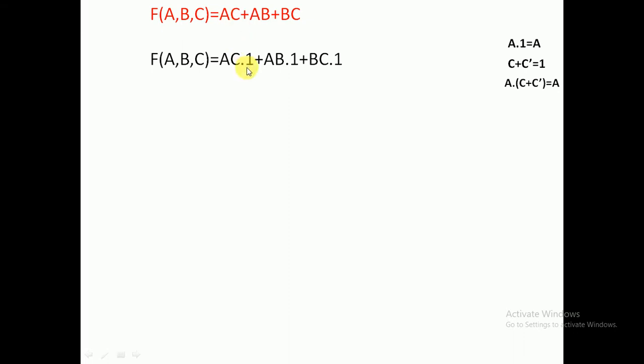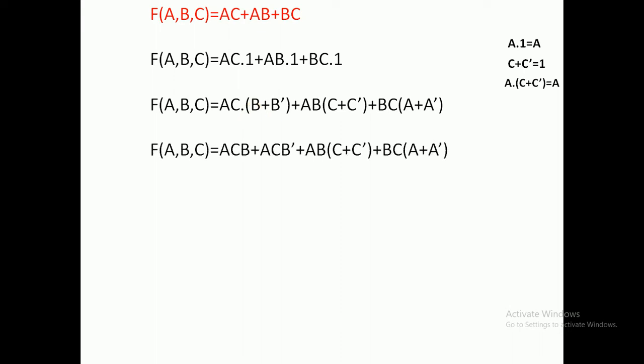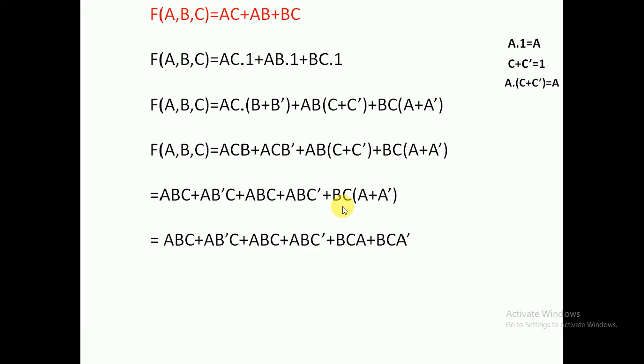But the 1 can be replaced by the signal according to the Boolean function b plus b dash. Just replace c plus c dash. You have to replace the corresponding signal, whatever is missing in your term. After that apply the distributive law, going step by step for each term, and finally you identify that the set of terms are all in a standard format. See, all are in the standard format.